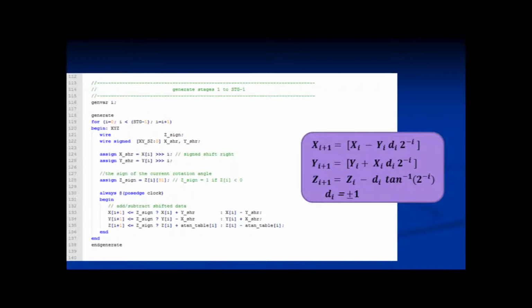In line 133, we see that the next value of x is determined by the calculation that follows. Notice it tests the sine of z sub i. If z sub i is 1, then the angle is negative, and the value of d sub i will be equal to minus 1. Notice it uses this to determine whether to add the y underscore SHR or subtract it according to the algorithm. Similarly, the next value of y is calculated, and finally the next value of z is